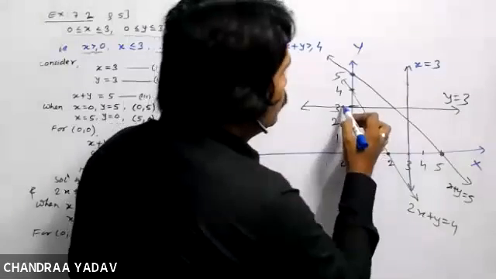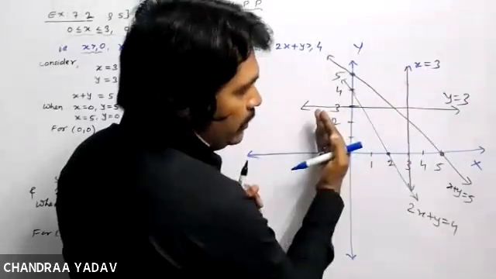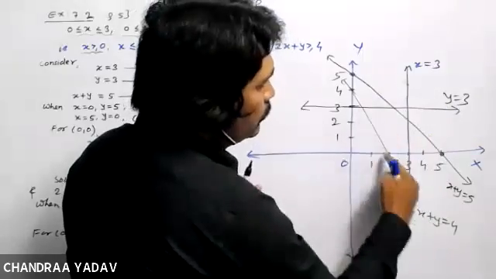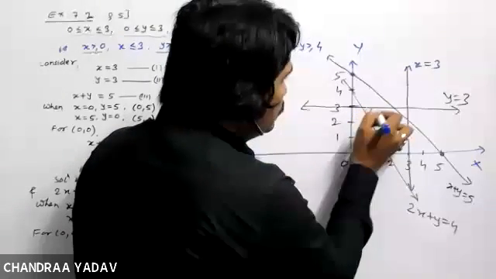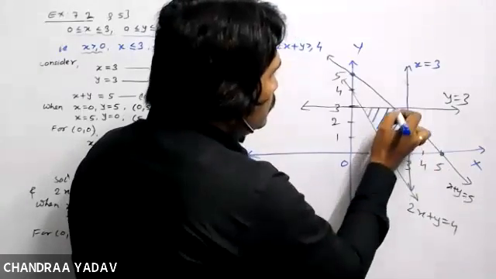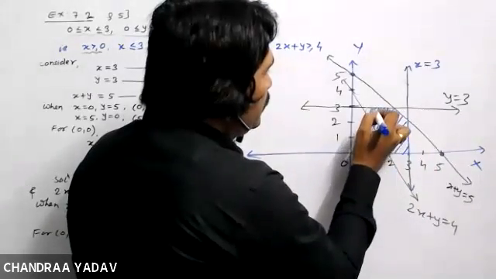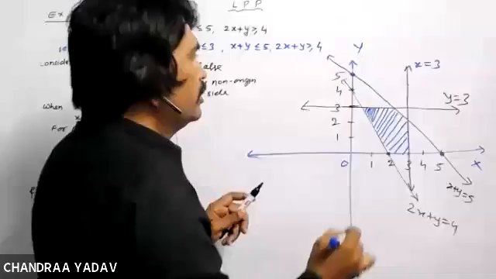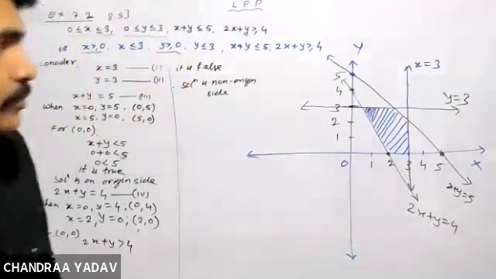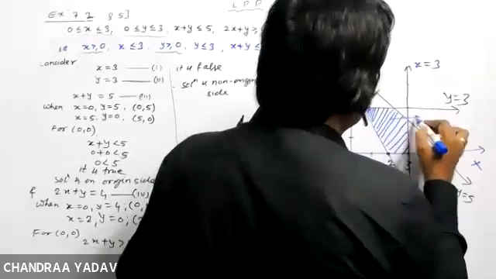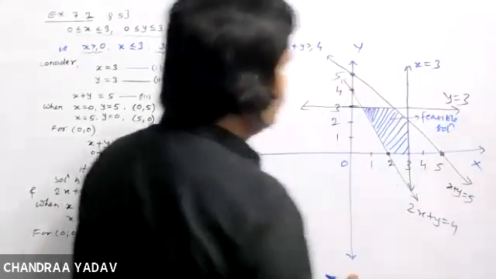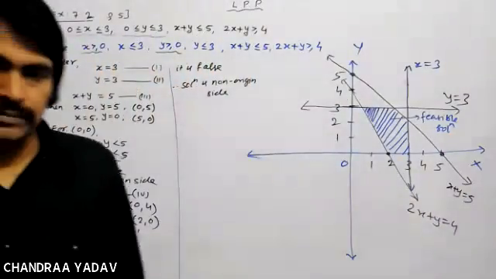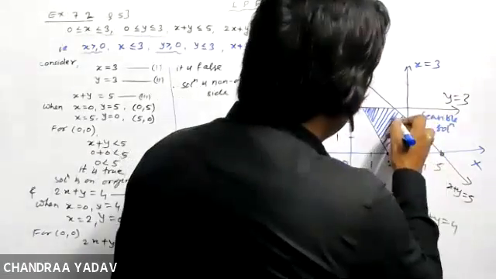Solution means the common part. For this, below; for this, left; for this again this side; and for this one, above. So if you observe, we find this part is the feasible region or solution side. This is only a little bit challenging part, not very difficult, but you have to be very attentive. This is what we can call a feasible solution, or solution set. Is it clear? Put an arrow here, this side.